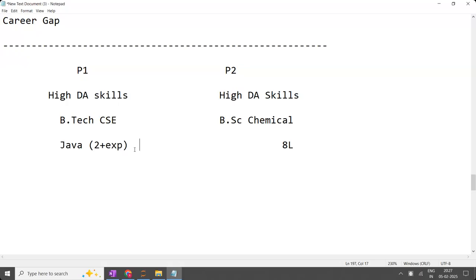Assume now my company can pay 12 lakhs for the data analyst, and he is expecting only 8 or 9 lakhs. Now he has the Java experience, and one more person is there who has 2 years of SQL experience. Now tell me which person I have to select. Both are expecting the same salary. This person is expecting 9 lakhs, and this person is also expecting 9 lakhs. Now you tell me whom you will select.